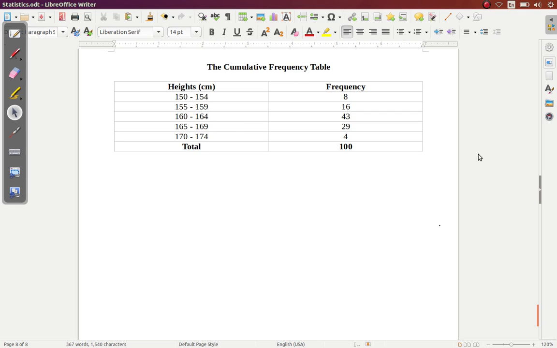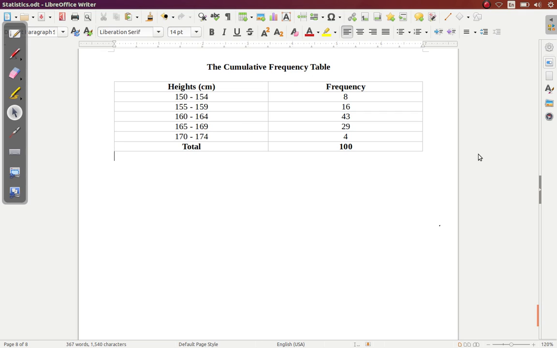For example, someone giving a presentation might say the country's debt over the years has accumulated to more than $1 trillion. Right? It means to add up, to keep adding up. Now what we want to do is include a cumulative frequency column in this table. What we have are the heights